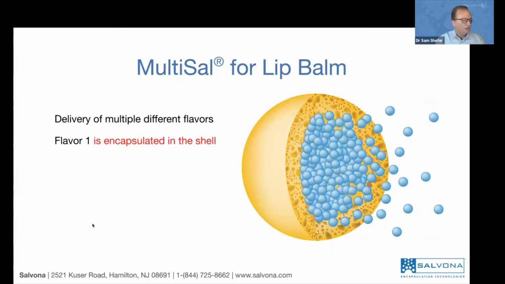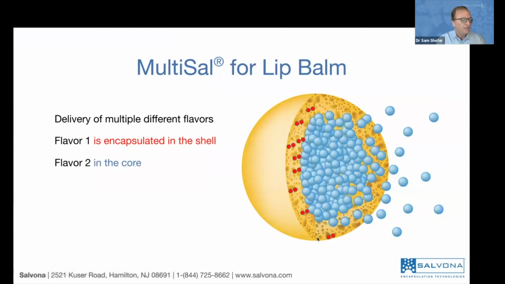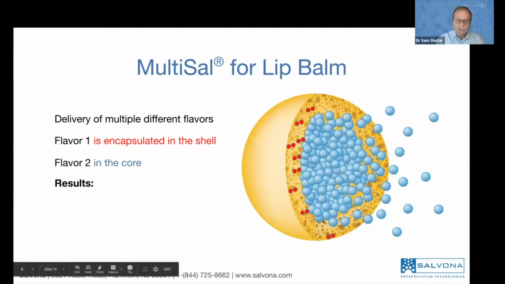Number one, you can use two flavors. You can use one flavor encapsulated in the shell, like you see the red dots, and the second flavor in the core. So you can now provide a new story by releasing two different flavors, chocolate, vanilla,